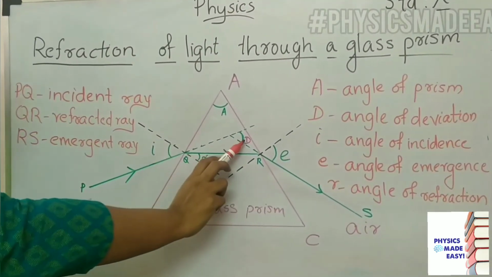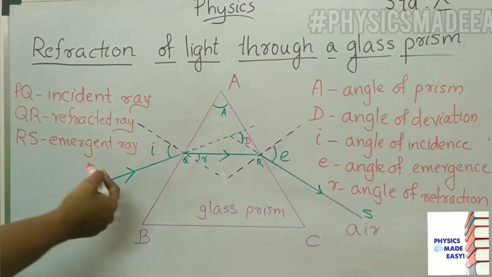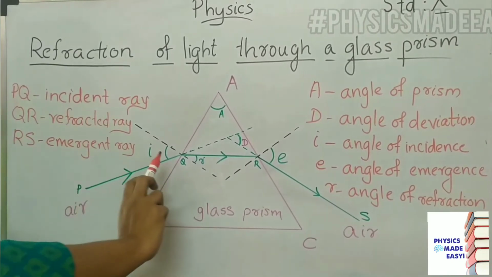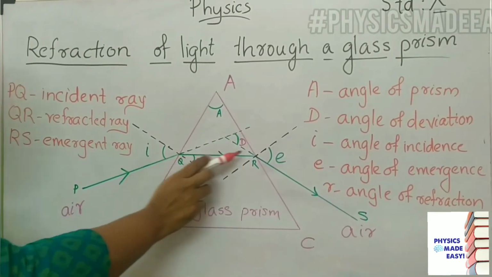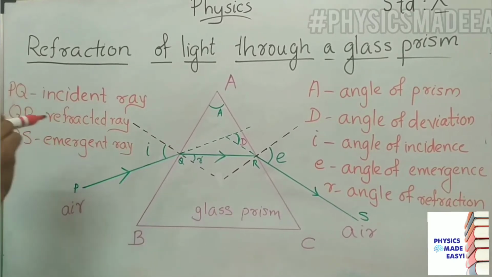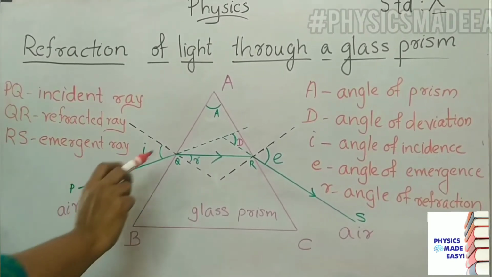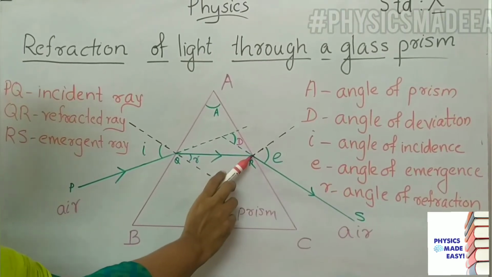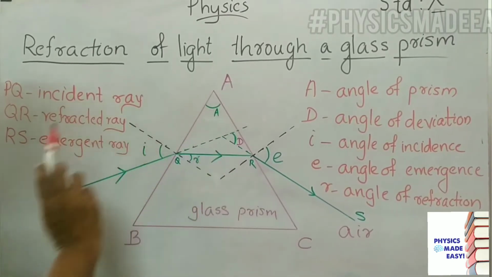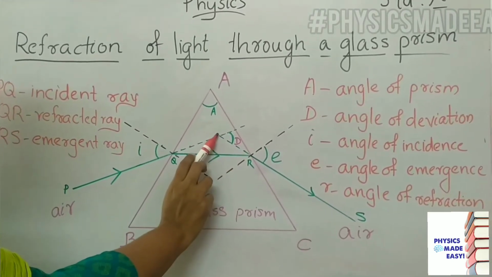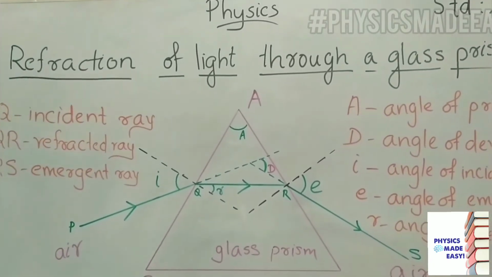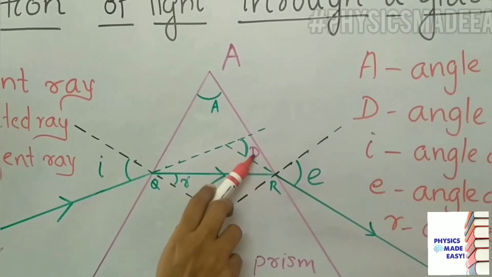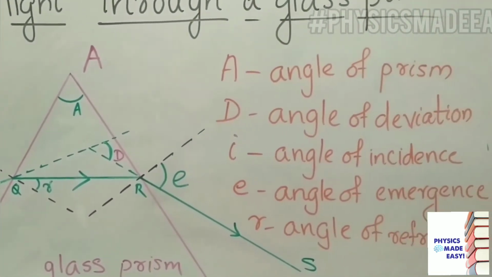Here you can see another angle. What is that? Children, here you can see this is the incident ray. If you extend this, you will get the original direction of that incident ray. Why is it moving like this? Because of this prism. That prism is in the path of that ray. That's why you can see the ray is emerging like this. Here this is the emergent ray. If you extend this emergent ray and the incident ray like this, you can see they are meeting at a point here. They are making an angle at this point. Here you can see that angle we can take as D, that is known as the angle of deviation.